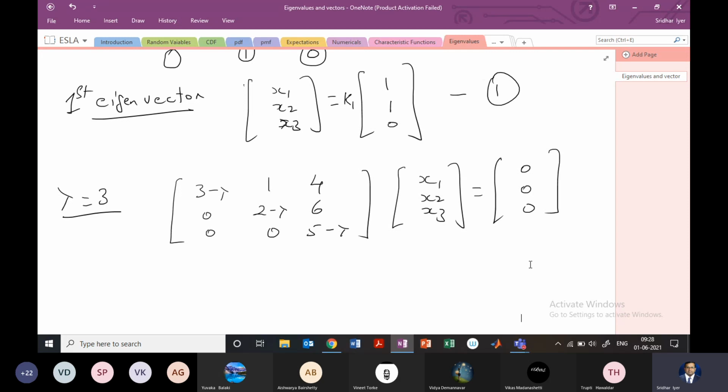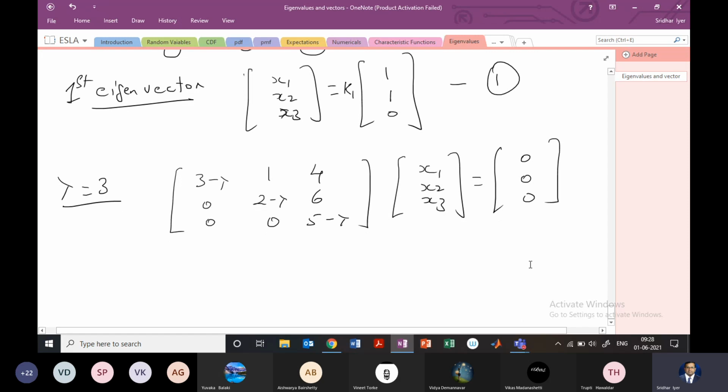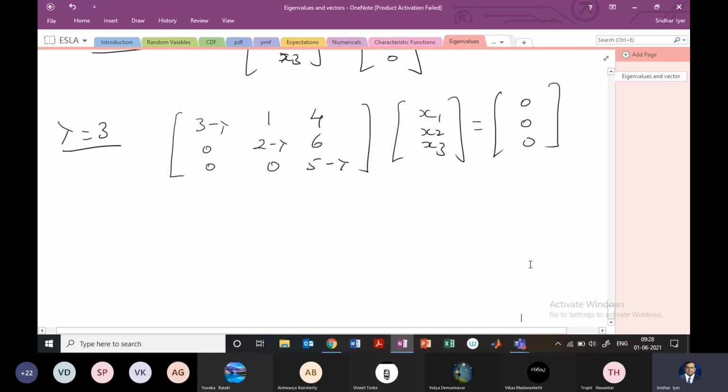Okay, so I hope you are able to solve it. I hope you have proceeded, so I will just go to the next step. If this question comes in the exam, it will be easily about 10-12 marks, maybe about 16 also. So we need to do it properly. It's simple to do. The only thing is that we need to concentrate and do it. Let us check out how we can solve this for lambda equal to 3.